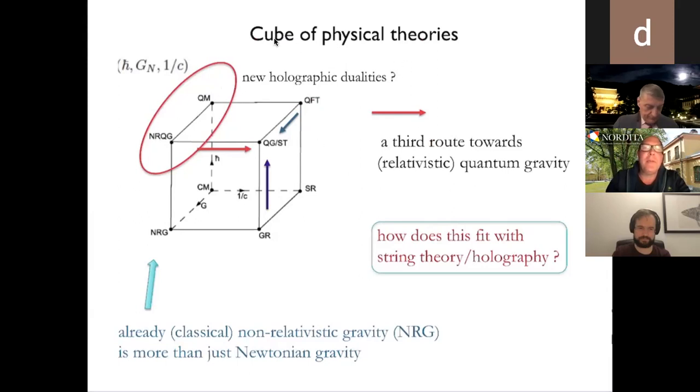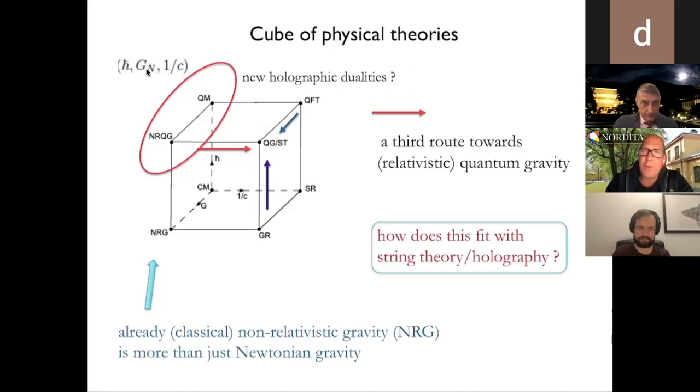I've drawn here the rather famous Bronstein cube of physical theories. If you look at the theoretical frameworks parameterized by having quantum effects governed by h bar, gravitational effects governed by G_N, or effects that take into account that the speed of light is finite, then we get this Bronstein cube of physics. I will not go through all the corners, but the holy grail, of course, is to understand the corner where all these three constants of nature are taken into account, which is quantum gravity, string theory being a promising candidate for that.